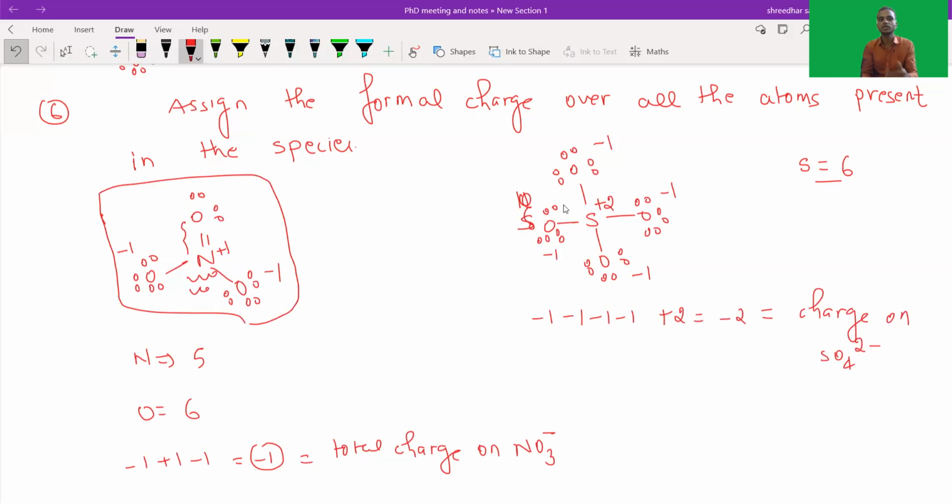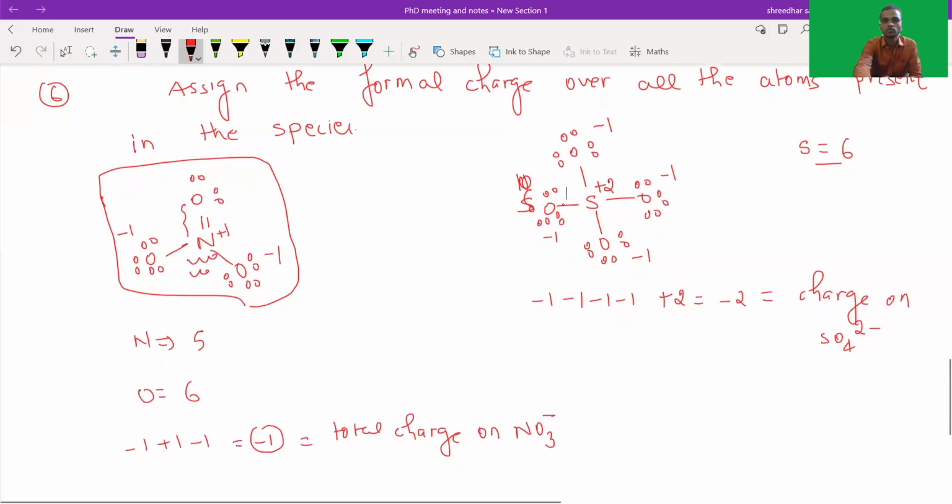But if your central atom belongs to the third period or beyond, then there is one more step. What is that step? Let us see. You have to apply that step only if your central atom belongs to the third period or beyond. If the central atom belongs to the first period or second period, then your Lewis dot structure gets completed at the sixth step itself. Okay, so the seventh step which I am going to write is applicable only and only if the central atom belongs to the third period or beyond. If it belongs to the first period or second period, then it will not be applicable.